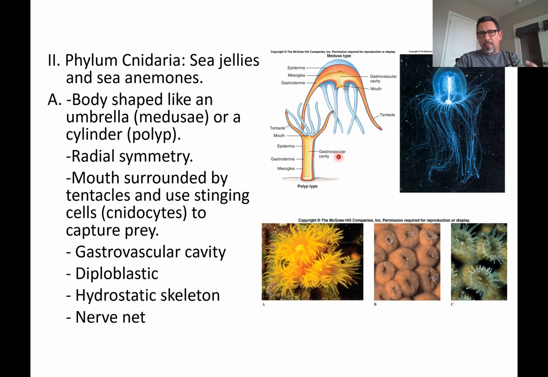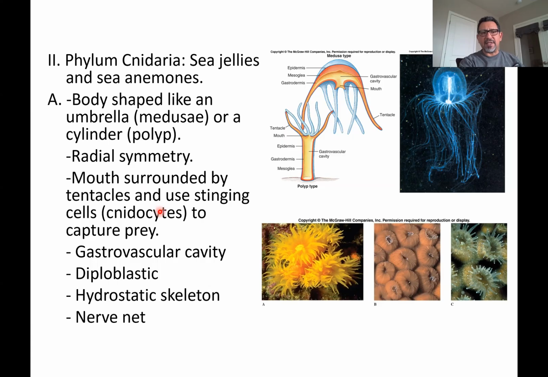There's only one opening. This may not sound glamorous, what I'm about to say, but it's true. For animals with a closed digestive system like cnidarians, the mouth and the anus is exactly the same opening. So that's how food goes in and how wastes are going to be excreted. The mouth is also, I mentioned, going to be surrounded by tentacles, and tentacles are going to be the places